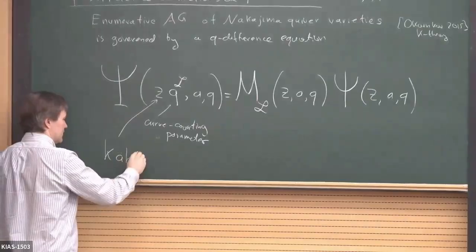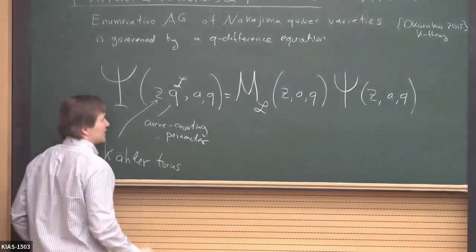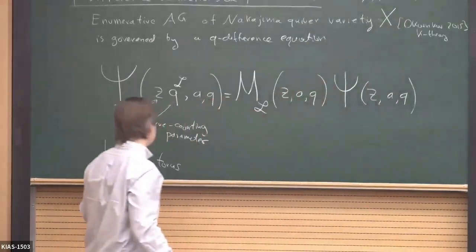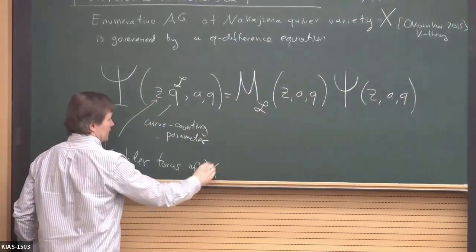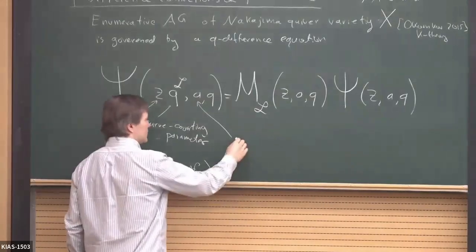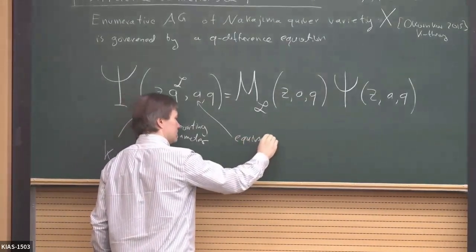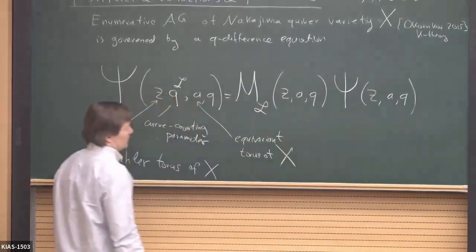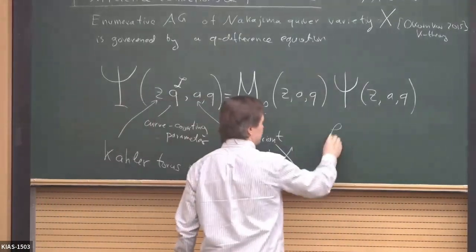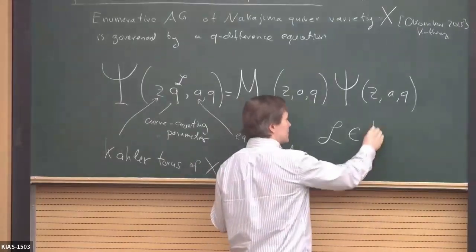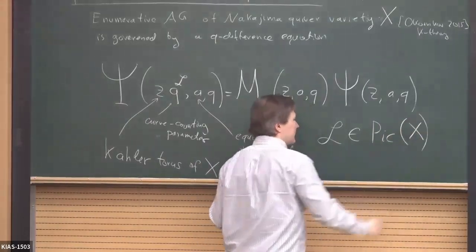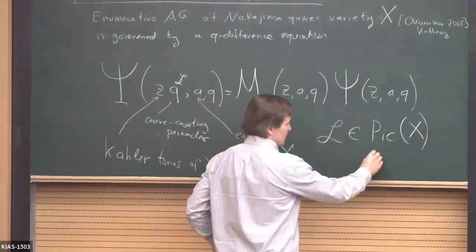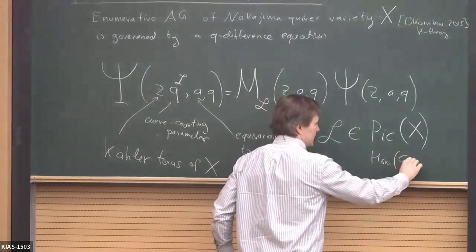It's like the Kähler torus. So let's say it's a Nakajima quiver variety X, and this is the Kähler torus of X. A is the equivariant torus of X. And L here is a line bundle from the Picard group of X. Picard group is just a free abelian group, which is essentially the space of homomorphisms from